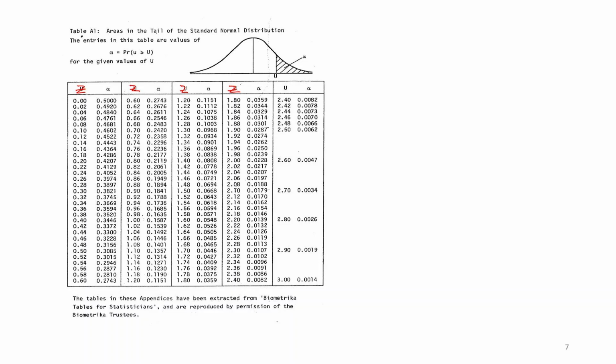When you want to know the probability between two limits, or probability greater than a certain particular value or less than a certain value, we have to ultimately find out the probabilities by consulting this Z table. Now in this book, what they have done is that the book has quoted the area beyond Z